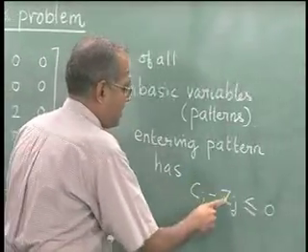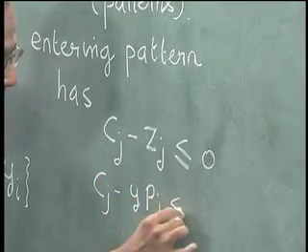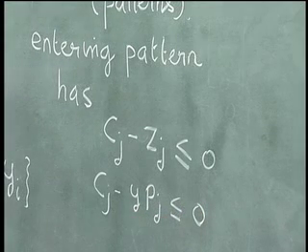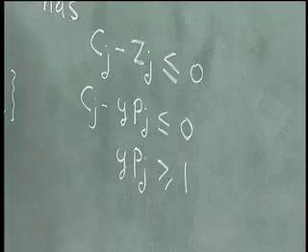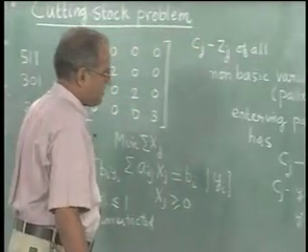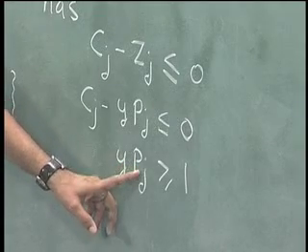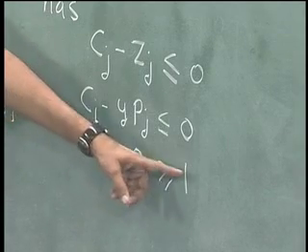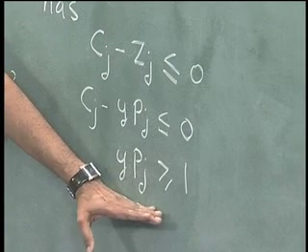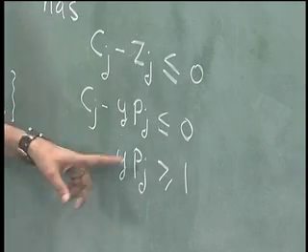So, this is Cj minus Zj less than or equal to 0, Cj minus Ypj less than or equal to 0, which means Ypj greater than or equal to 1. If Ypj is greater than or equal to 1, then such a Pj can enter. So, if there is a pattern Pj such that Ypj is greater than or equal to 1, then such a pattern can enter, and the pattern has to be feasible. Therefore, the pattern should satisfy